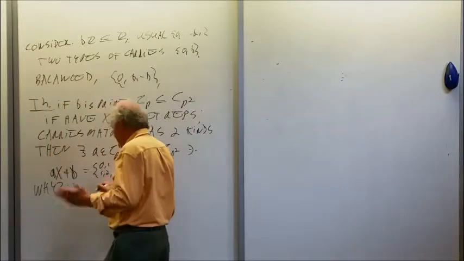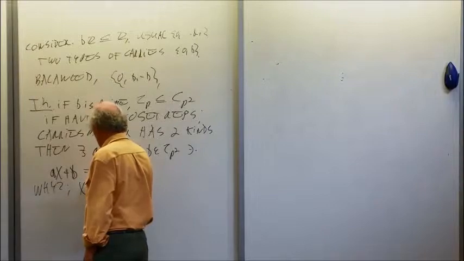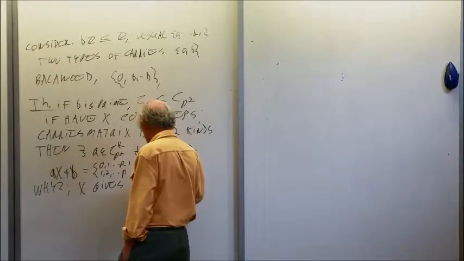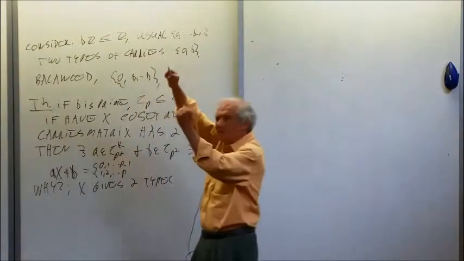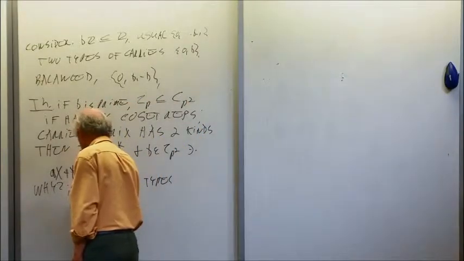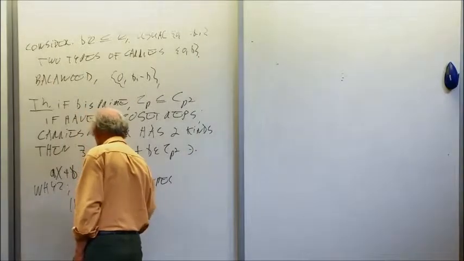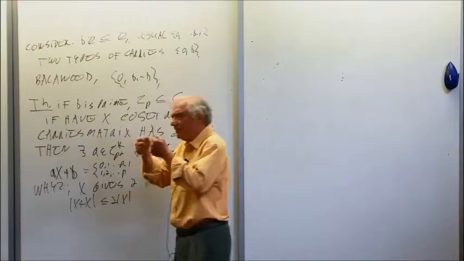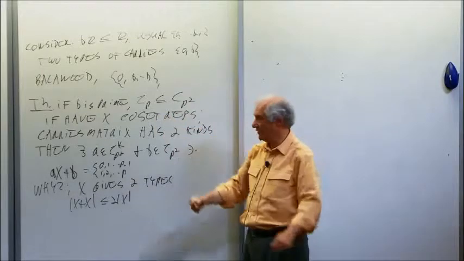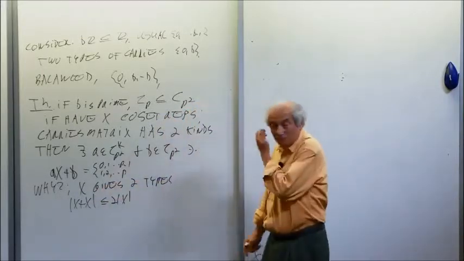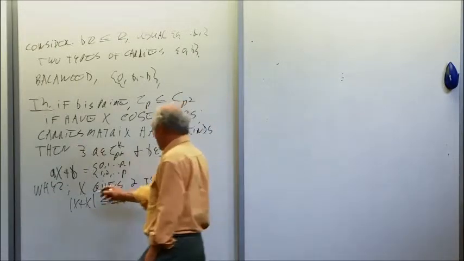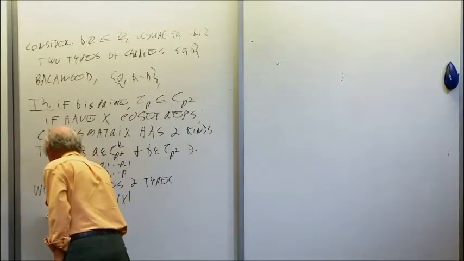Well, if X gives two types, if the carries matrix only has two types, then the size of X plus X is less than or equal to twice the size of X. X plus X is contained in two translates of the set X, and so there's a classical theorem, Cauchy-Davenport, something like that, which says that